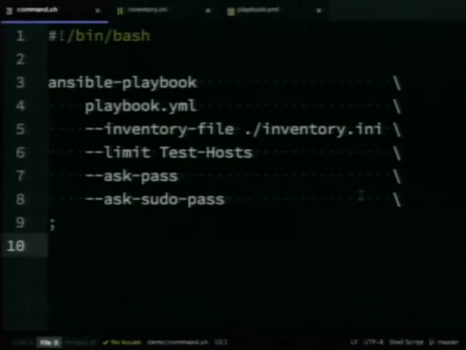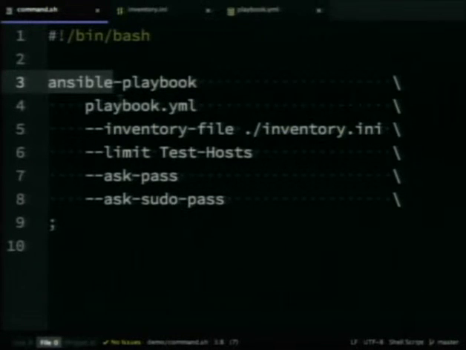Okay, I was going to do this side by side, but the resolution is low enough that we're going to have to bounce back and forth a little bit. So we'll start here in this script. You don't have to use this script. This is just for illustrative purposes, but you will be using this command, and that's Ansible Playbook. Ansible Playbook is what you're going to be doing most of your work with. In this case, we're specifying a playbook file. We're specifying an inventory file. We're limiting where we're running this, and we've got a couple other flags that I'll explain better in a moment.